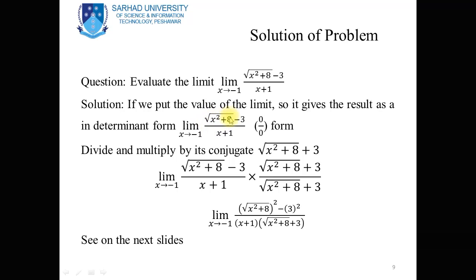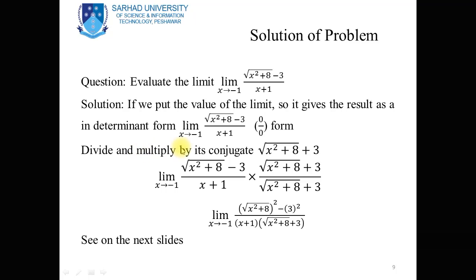First of all, applying the limit to the numerator and then applying the limit to the denominator. You see over here, putting x equal to minus 1, minus 1 square plus 1 plus 8 is 9. Under root 9 is equal to 3, and 3 minus 3 is equal to 0. And in the denominator, putting x equal to minus 1, minus 1 plus 1 is equal to 0. So this is the 0 by 0 form. Now to resolve this undefined limit,